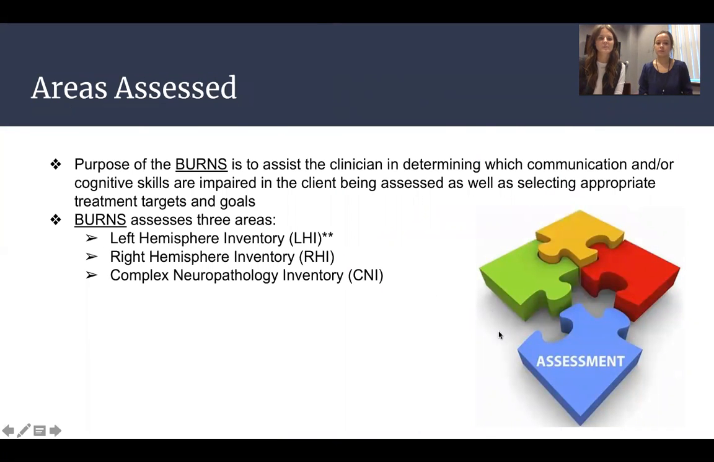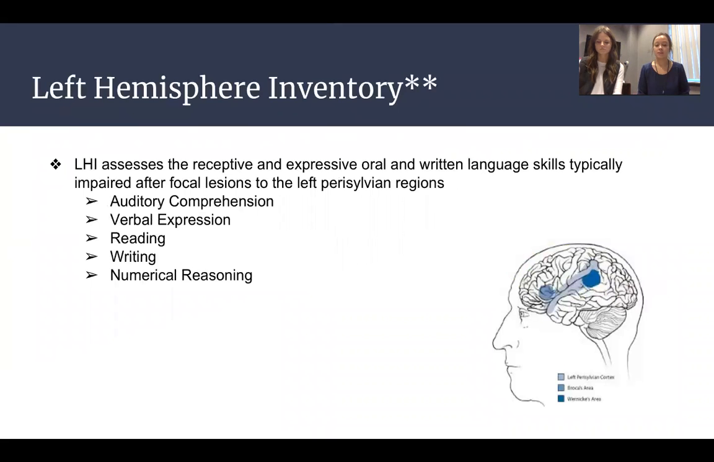So the purpose of the BURNS is to assist the clinician in determining which communication and or cognitive skills are impaired and help select appropriate treatment targets and goals. So the BURNS assesses 3 areas: the left hemisphere, right hemisphere, and the complex neuropathology. All right, so the left hemisphere inventory,